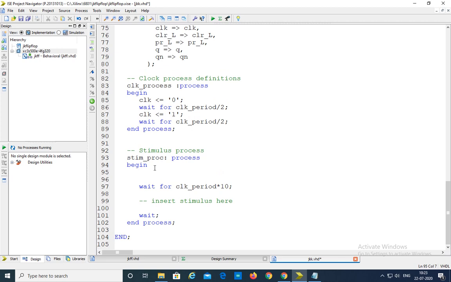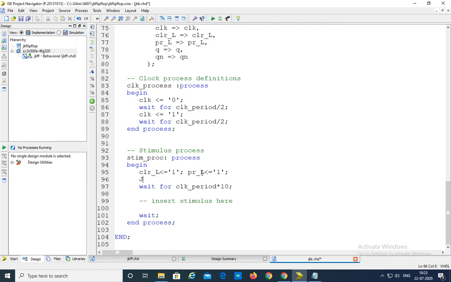So to observe the flip-flop operation, what you have to do, from the truth table, the clear input is equal to clear underscore L is equal to 1. First of all, clear and preset should both be inactive, then only flip-flop operation will occur. So that's why clear underscore L is equal to 1 and preset underscore L is equal to 1. If both are 1, both are inactive, then the flip-flop operation starts. So that's why I am first making these two as ones here.